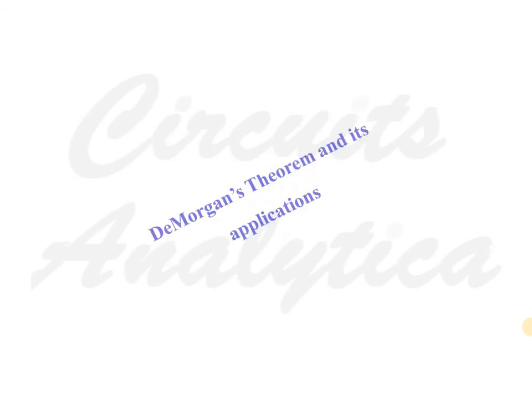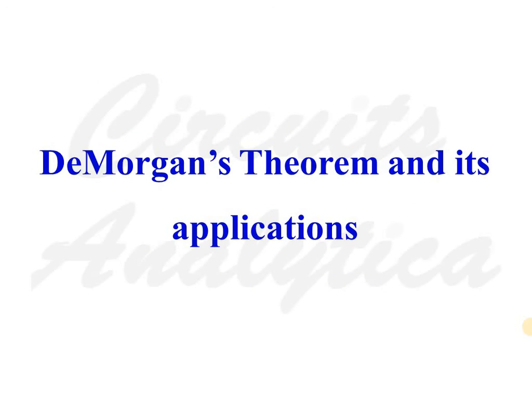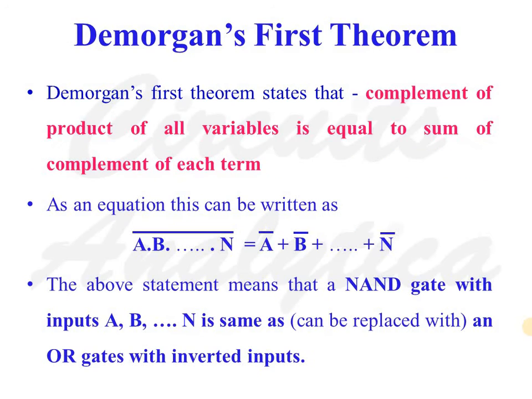In this video, we will discuss De Morgan's theorem and its application. De Morgan's first theorem states that the complement of the product of all variables is equal to the sum of the complement of each term. As an equation, this can be written as